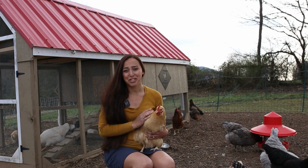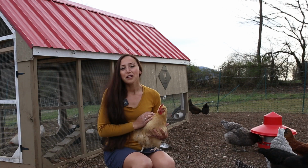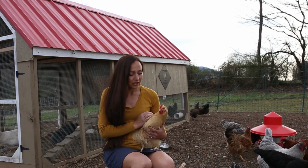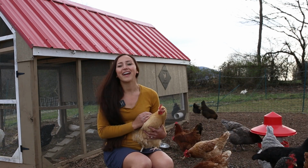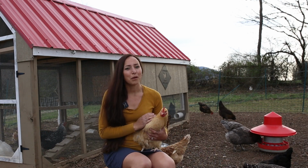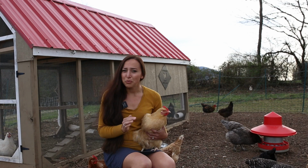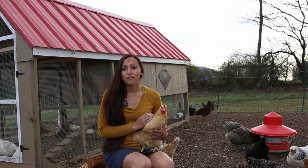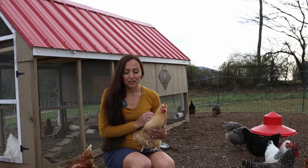Again, I do like to have my chickens in a yard so they have lots of space to run around and to scratch on the ground, but it does open them up to predators. We have hawks, we live up on a hill, and so we have had a few chickens picked up by hawks. And so if I have 30 chickens, then within a few months or a year, I might be down to 25. And so like I said, I usually have between 25 and 30 chickens because I might lose a few. So if you're planning on having 4 chickens, I would recommend maybe get 5 because something might happen,